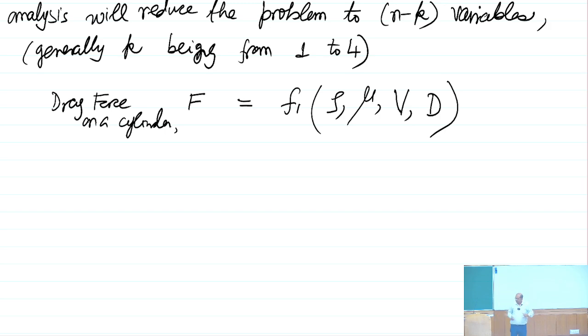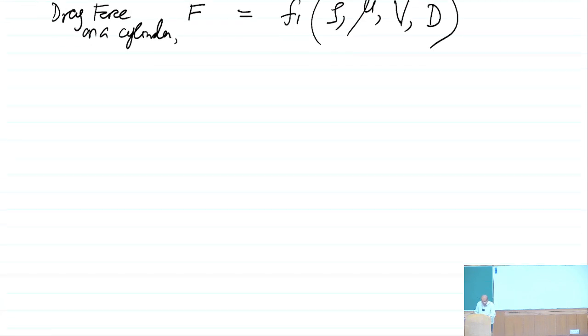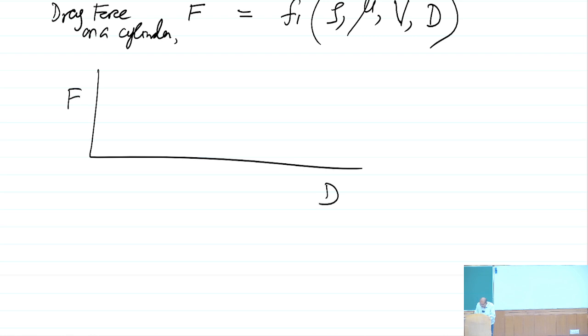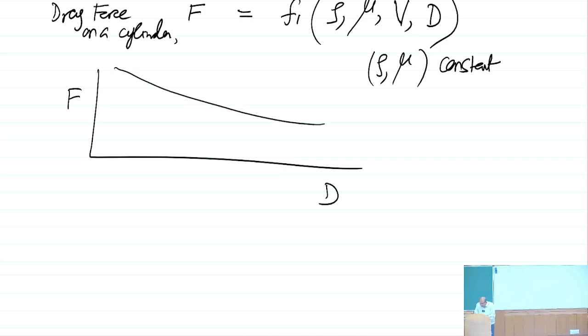Now, if you want to find the drag force as a function of diameter, and you are doing experiments, suppose you want to tabulate all this data, then suppose you keep the fluid the same, you keep rho and mu constant, then what will happen is,